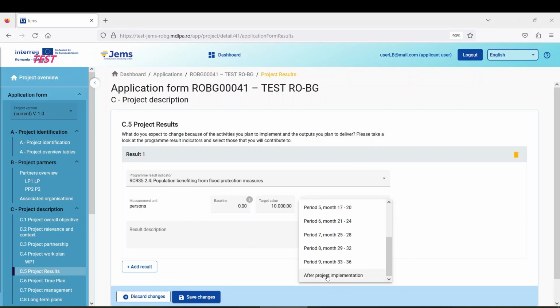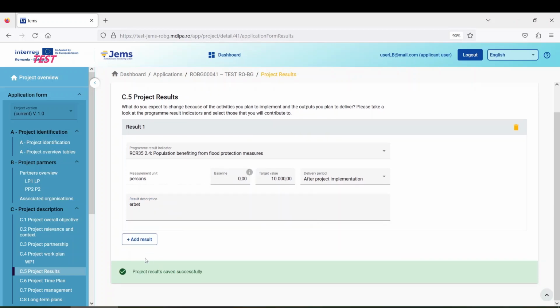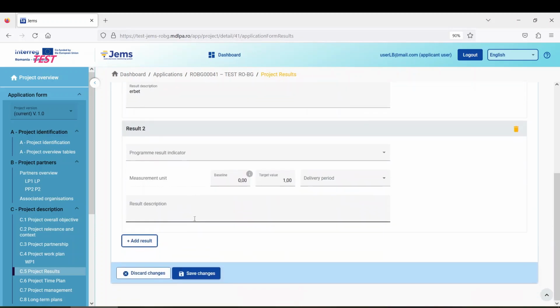So let's select after project implementation, and also we'll have to write a result description, which here we have a limit of 1000 characters. You can save the changes, and I'll have to add the second result indicator because we